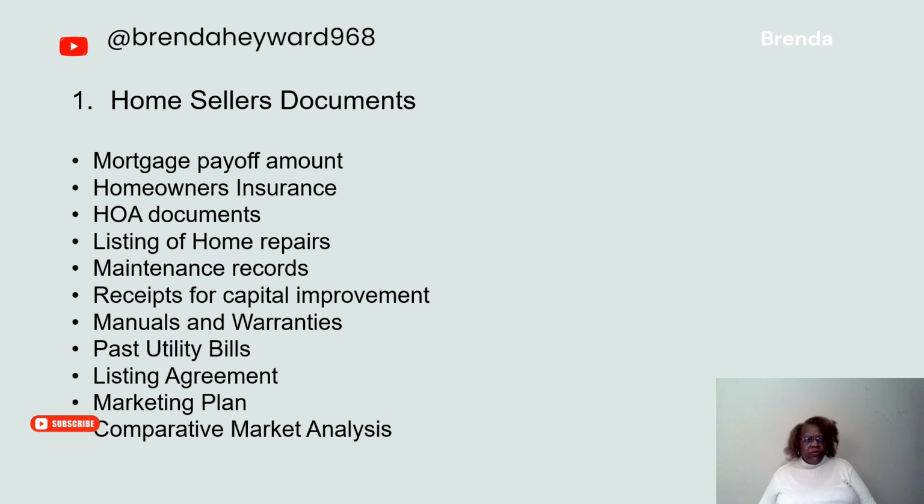and capital improvements receipts, manuals and warranties, past utility bills. Documents needed for listing your home: listing agreement, proposed marketing plan, comparative market analysis, sales net sheet. Documents to have ready while the home is on the market: preliminary title report, disclosures, pre-inspection report, natural hazard report. Documents needed when offers are made: purchase offer and counter offer forms, final purchase and sale counter offer forms,